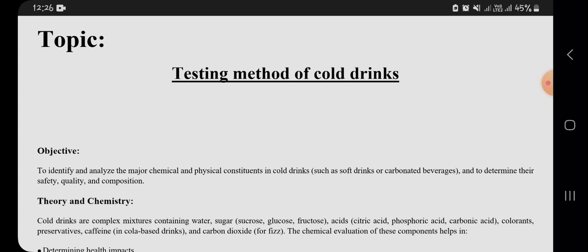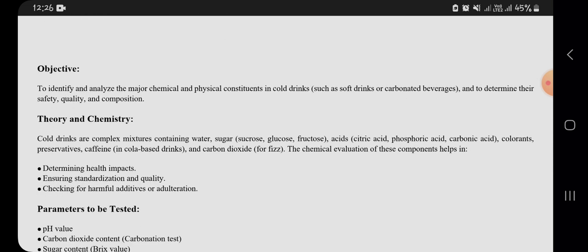Objective: to identify and analyze the major chemical and physical constituents in cold drinks such as soft drinks or carbonated beverages and to determine their safety, quality and composition. Its theory and chemistry: cold drinks are complex mixtures containing water, sugars like sucrose, glucose, fructose, acids like citric acid, phosphoric acid, and carbonic acid, colorants, preservatives, caffeine in cola-based drinks, and carbon dioxide for fizz. The chemical evaluation of these components helps in determining health impacts, ensuring standardization and quality, checking for harmful additives or